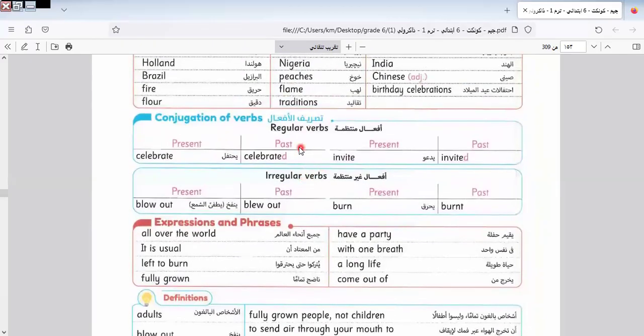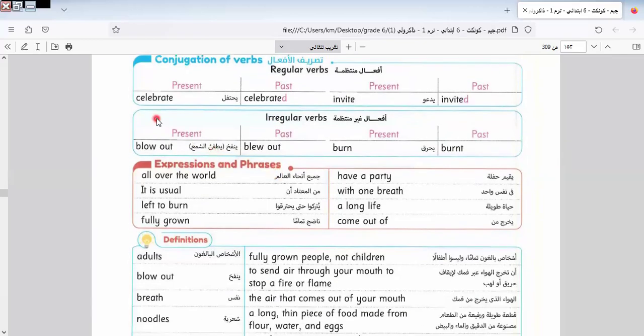In this part, we talk about regular and irregular verbs. As we know, I tell you in every video that the regular verb takes ed added to the verb, while the irregular verb is changed completely, so the irregular verb must be memorized. As we told you before, the irregular verbs in English are like the times table in mathematics. Let's learn more about these tenses.